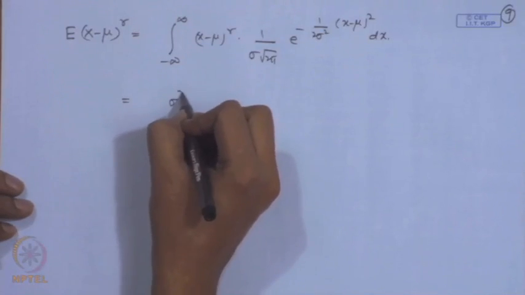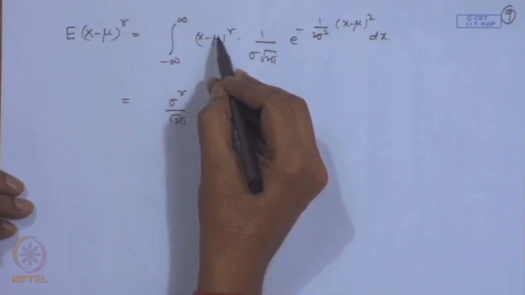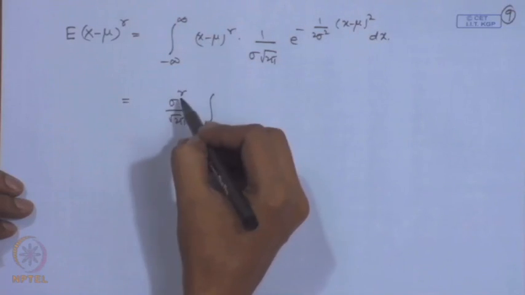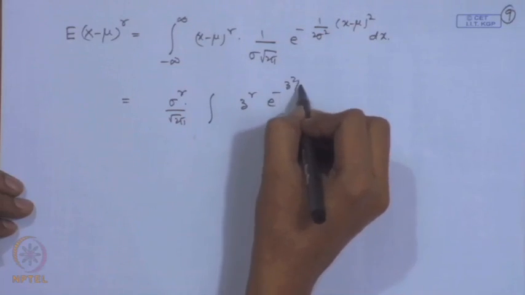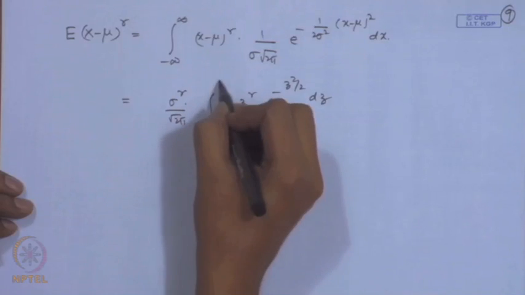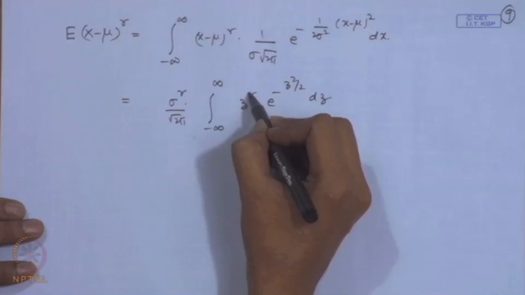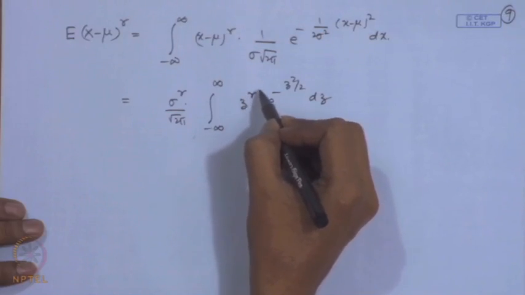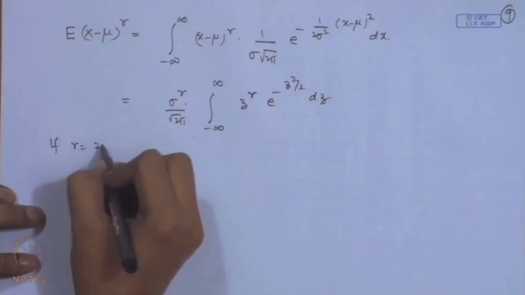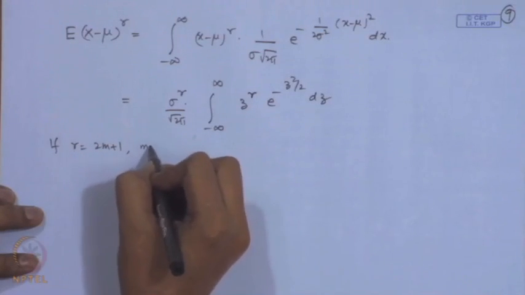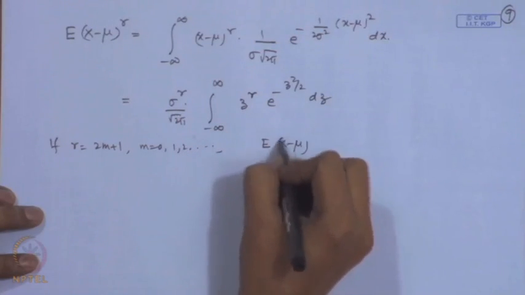this will become sigma to the power r by root 2 pi, because (x minus mu) by sigma is equal to z. So, x minus mu is equal to sigma z. So, this becomes sigma to the power r z to the power r e to the power minus z square by 2 dz from minus infinity to infinity. Immediately you can notice here that whenever r is an odd integer, this value is going to be 0. So, if r is of the form 2m plus 1 for m is equal to 0, 1, 2 and so on, then I will get expectation of (x minus mu) to the power 2m plus 1